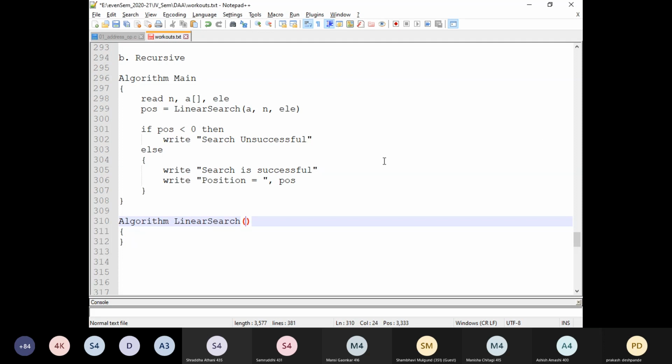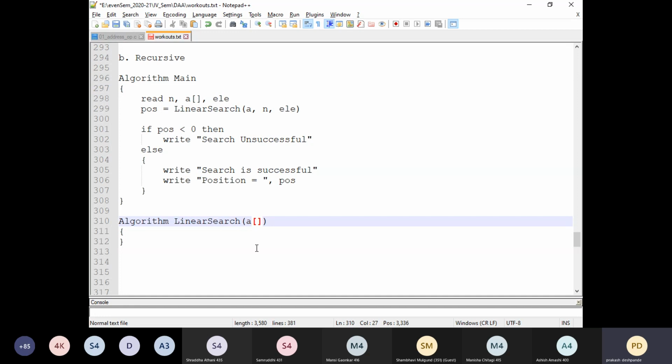Array here. Say A is an array here. But in this particular procedure, that is in the main, the first time I denoted it as an array A. When I'm passing it, I'm just using it as A. But when it comes to the linear search, it is another procedure. So here I need to explicitly tell that this A is a one-dimensional array.